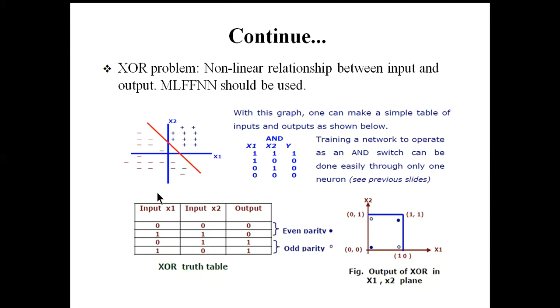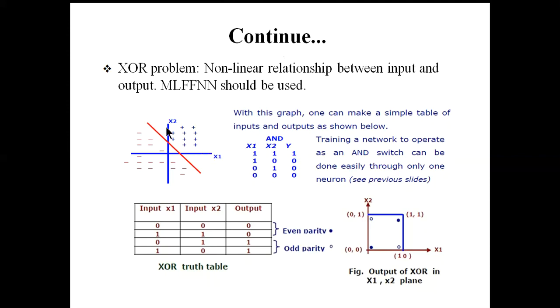To understand in more detail what a non-linear relationship between inputs and outputs is, we look at the XOR problem, which is a classic AI problem. The XOR problem is nothing but the non-linear relationship between input and output of the XOR gate. Now first of all consider the AND gate. This is the truth table of the AND gate. For input 1 and 1, the output will be 1, and for all other cases the output will be 0.